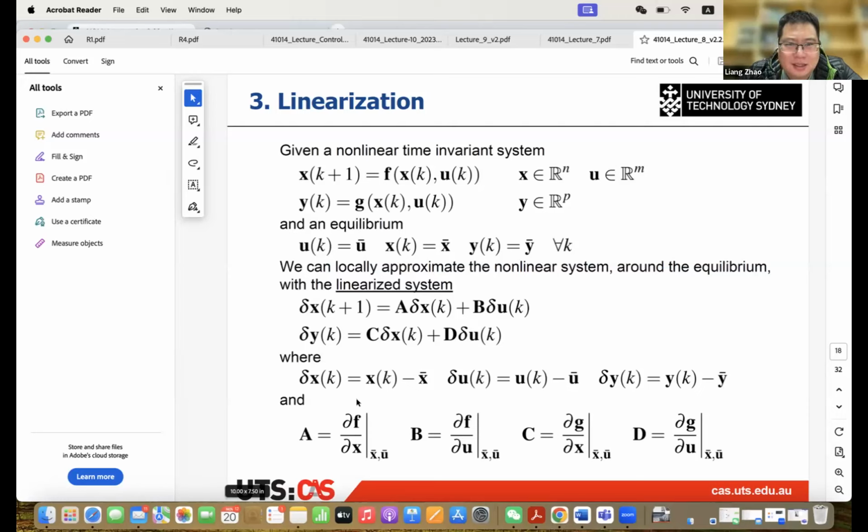Is that clear? Let's see how we can calculate A. The first row represents the function f1, and the second row represents function f2. And the first column represents